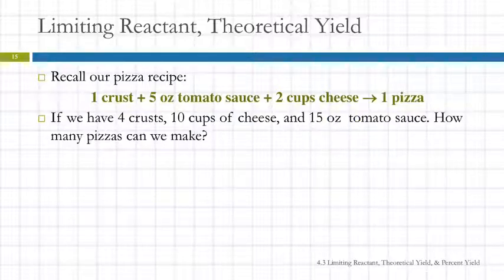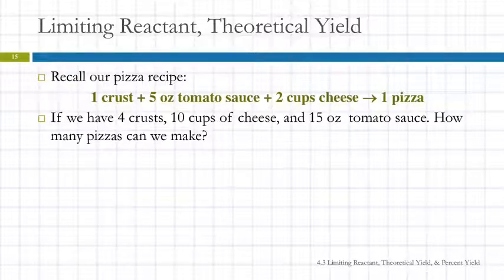And because these are real objects and small whole numbers, we can do the math in our head, and it's easy to think about. Right, we look at this and, well, we could make 4 pizzas out of that, and we need 2 cups of cheese, so we could make 5 pizzas out of 10 cups of cheese. With 15 ounces, we need 5 ounces for each pizza. We can only make 3 pizzas. And we understand that once we made the 3rd pizza, we have to stop because we ran out of sauce,